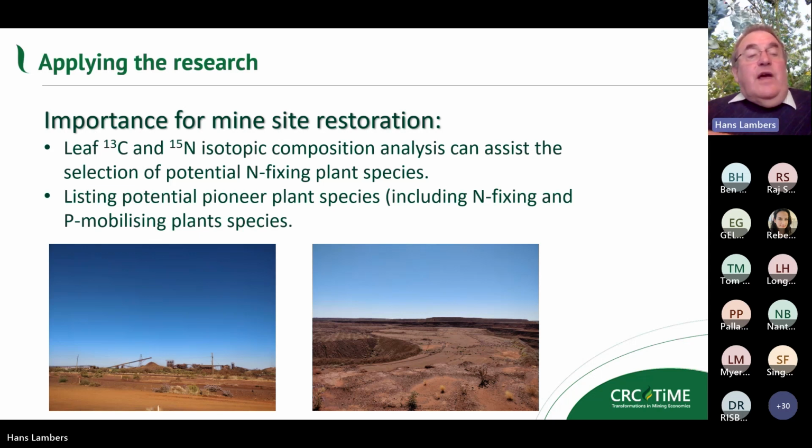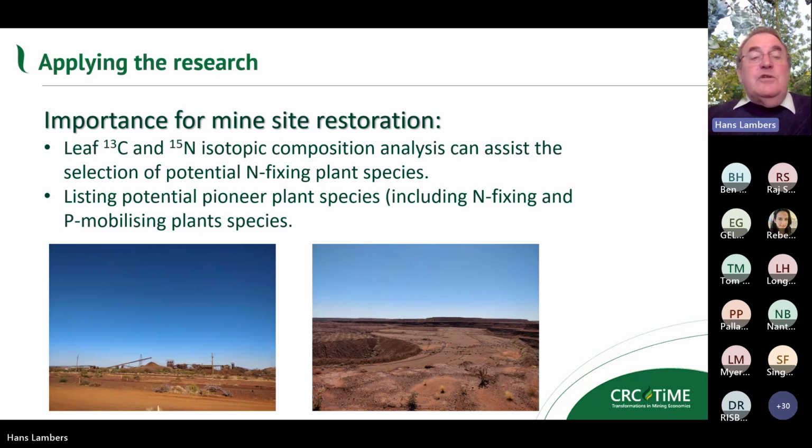But of course, we would really like to have legumes there that effectively fix nitrogen, because they have to bring nitrogen into the system, or Allocasuarinas can too, that's fine. But we can use the 15N isotope composition for guidance on which species actually are very effective at bringing in the nitrogen. And so listing potential pioneer plant species, including, of course, the N-fixing and also the P-mobilizing plant species, is